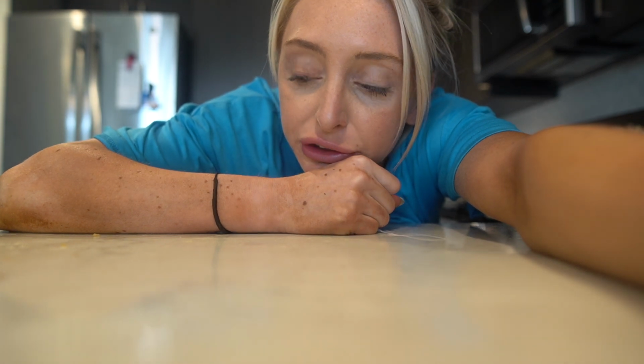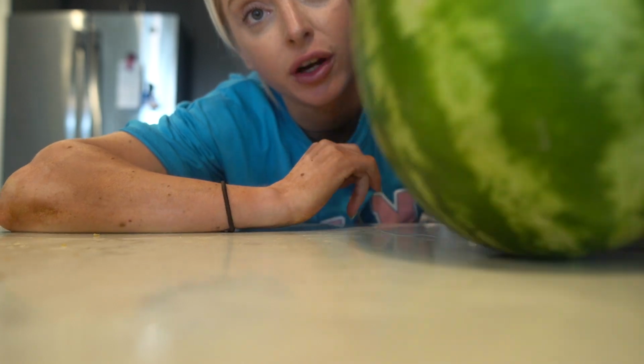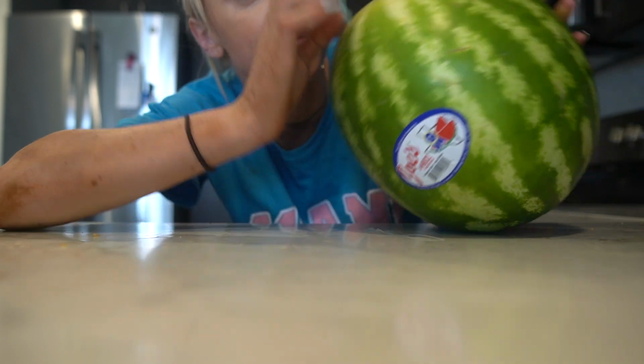And then my counter is dirty, but I wanna wait till I finish prepping everything. I really should get a cutting board. Don't hate on me for not having a cutting board. I have this call, and just while I wait for that to thaw out, I'm gonna